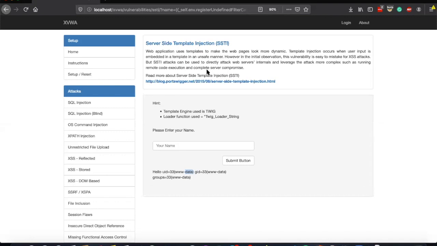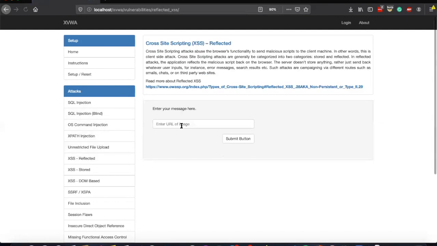So for example, if I inject a script in, say, consider this, enter your message here. I enter a message here, and that message gets stored in the database. Whenever a query is sent to the database to fetch this message which I saved, that script will be executed. So this is cross-site scripting, and stored and reflected are two types of cross-site scripting. The one which we are going to